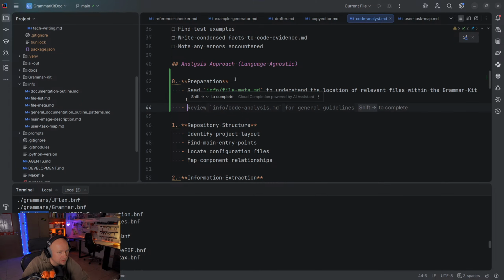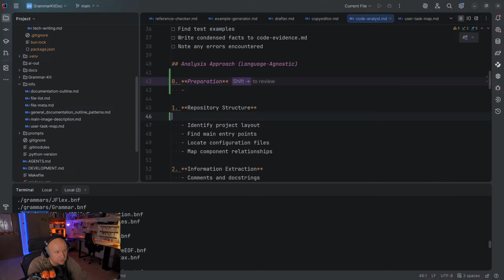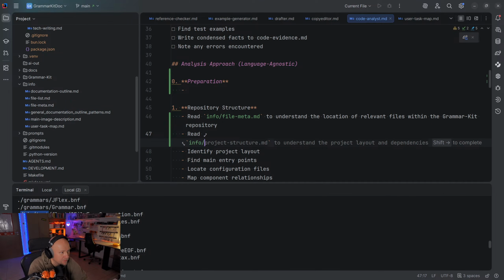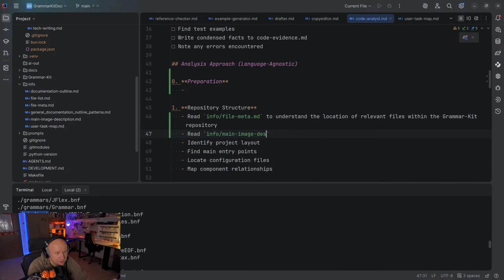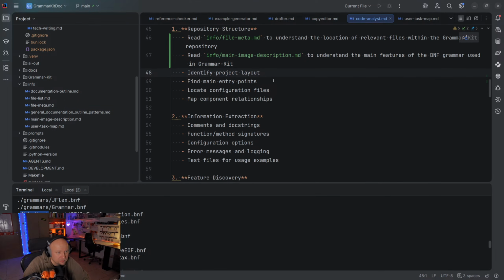And I think we can just put it here. Read info main image description .md to understand the main features of the BNF grammar used in GrammarKit. I'm not exactly sure what it does here, right? But